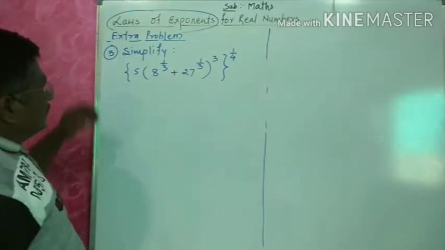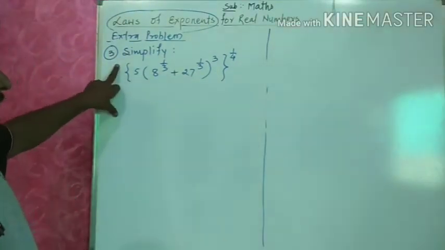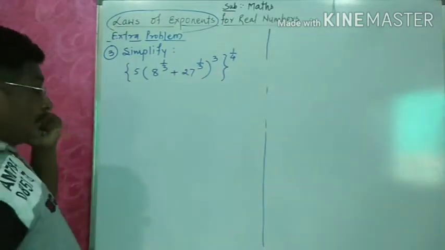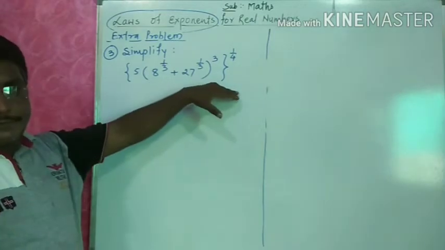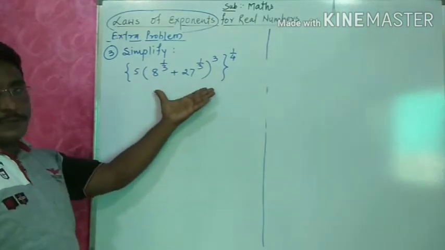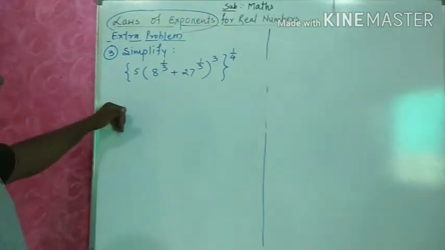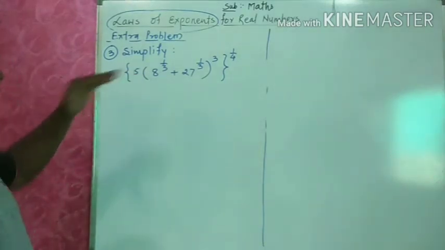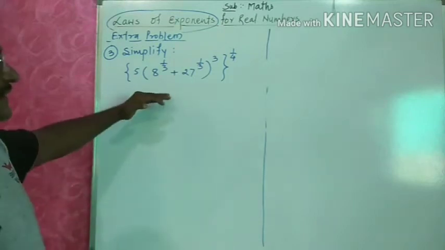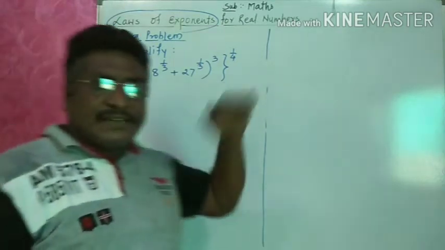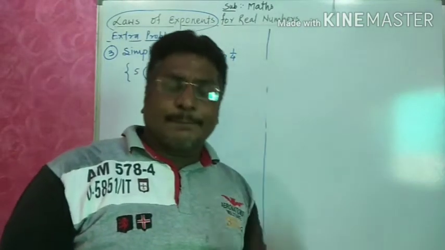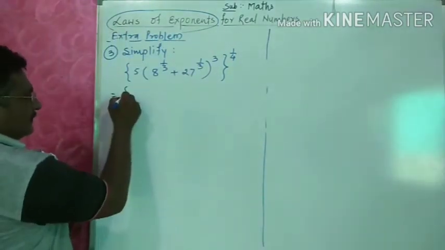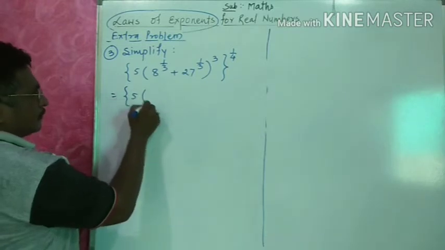Now see, simplify. In the exercise, we solved each term separately. Now here it is given combined. See, it is a big question, so don't worry, don't be frightened, don't panic. Go step by step. There is nothing special in that example. Whatever basics we studied, only those basics have to be applied. What is this? As it is, we have to write 5.